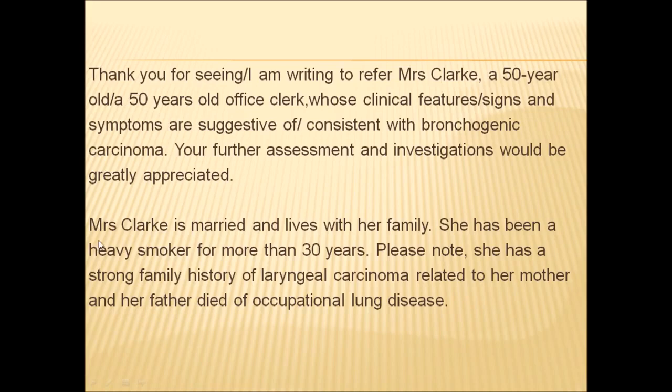So we will write social history here. Mrs. Clark is married and lives with her family. You can exclude this information if your word count is exceeding 220 words. But as our word count was not exceeding 190 words, I have included this information as well. She has been a heavy smoker for more than 30 years. Please note she has a strong family history of laryngeal carcinoma related to her mother, and her father died of